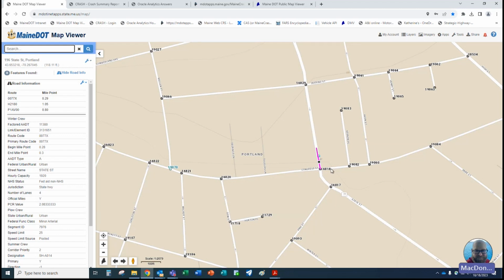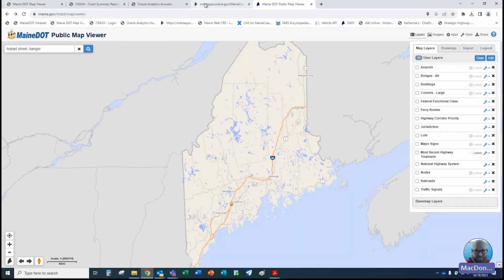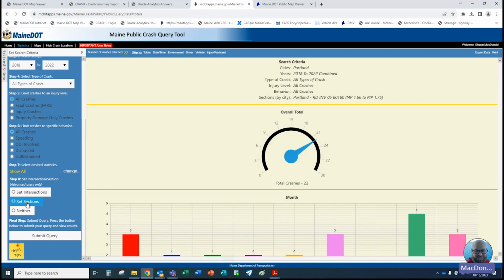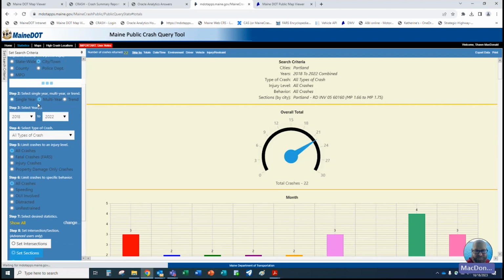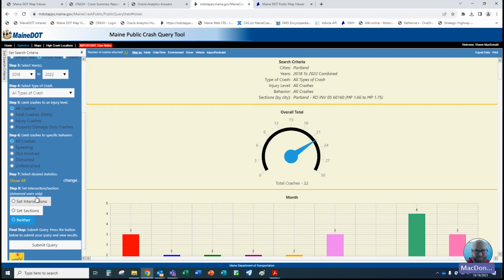I think the reason the developer did that when we made the system is that because everything's lumped together, he didn't want folks to be confused as to whether they had information for the intersections or whether they had information for the roads. So here you've got all the information for the roads, and then you can run your intersections separately. Oop, that's the map viewer. So now that we've gone over those two areas, I'm going to delete that, get out of that.